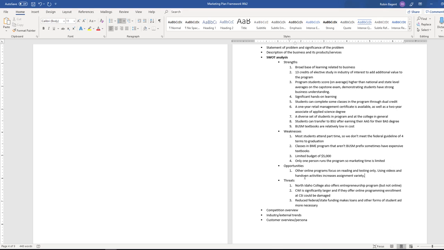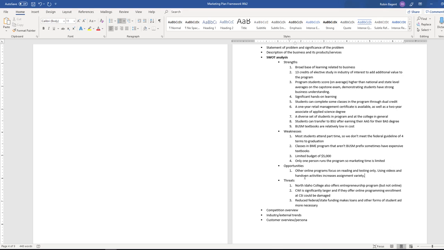So based on the BME program strengths and weaknesses and what the direct competition is doing currently, what can the program do that's either different or new that's an opportunity to increase customer awareness or customer participation, whatever. And then what could the direct competitors do more easily that would be a threat to the program,